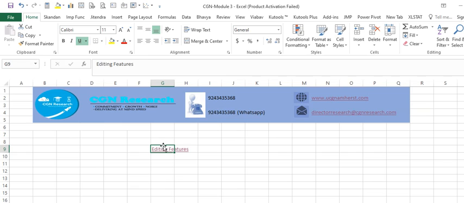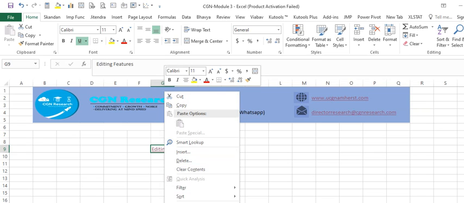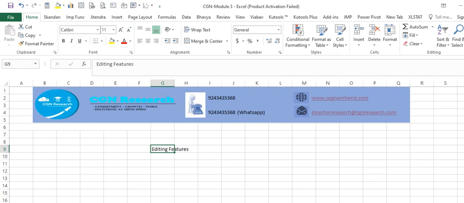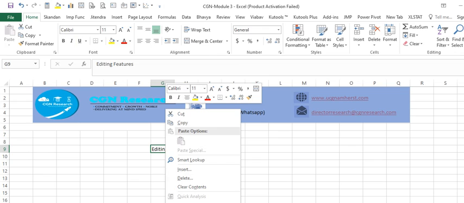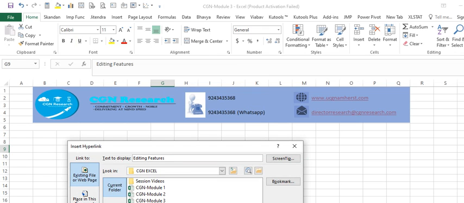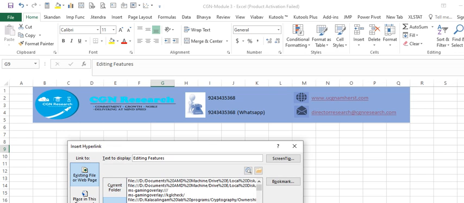Let me go there, do a right click again, remove the hyperlink, and then make a hyperlink. Browsed pages in the current folder.